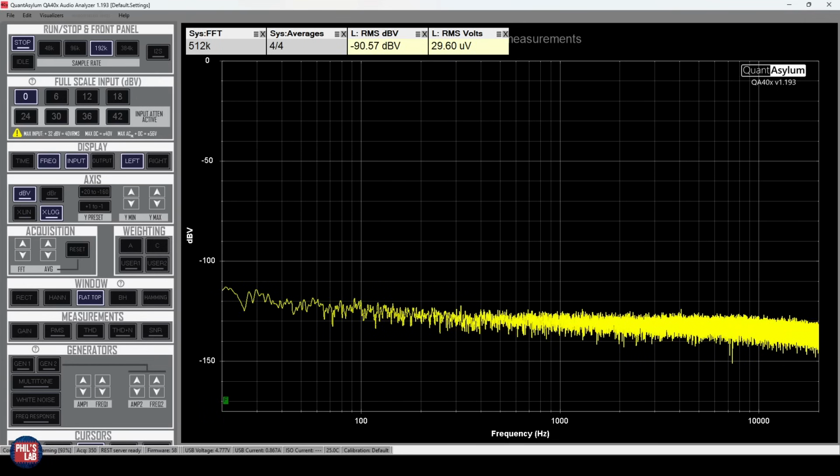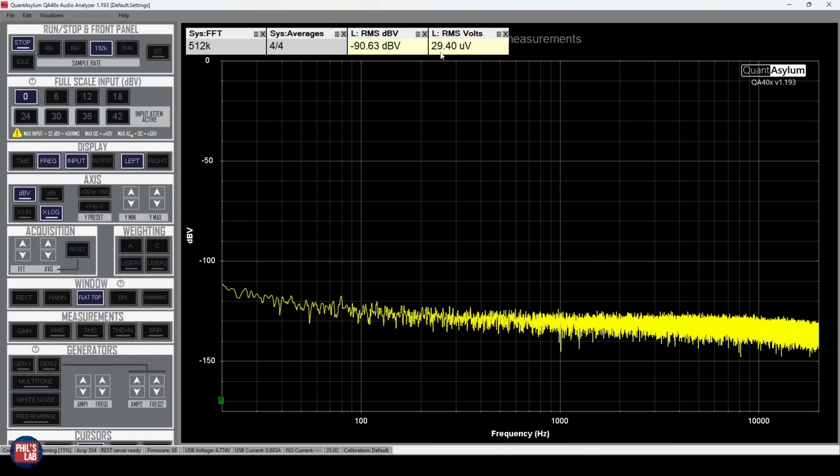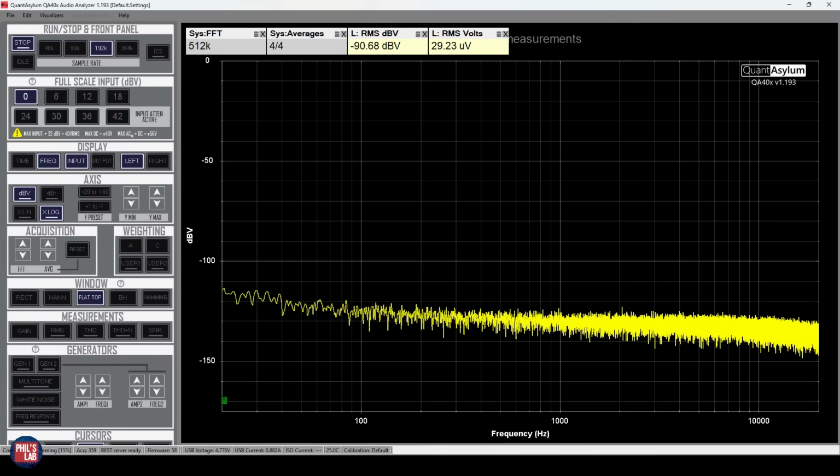But what we can see now is, of course, a significantly elevated noise floor because of the front ends, codecs, a tiny bit of processing and so on, but still a fairly okay value of about 30 microvolts average RMS. We can see the frequency response of this noise is also not flat, so we have a bit of a boost, so to speak, in the lower frequency bands, but still minus 90 dBV might be okay